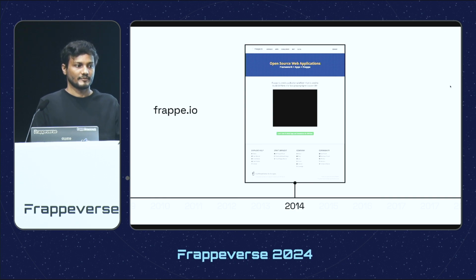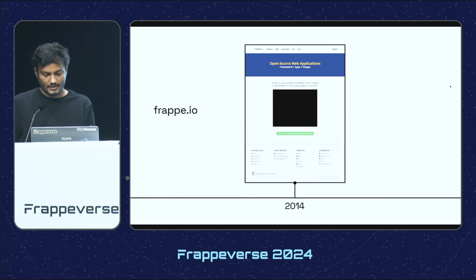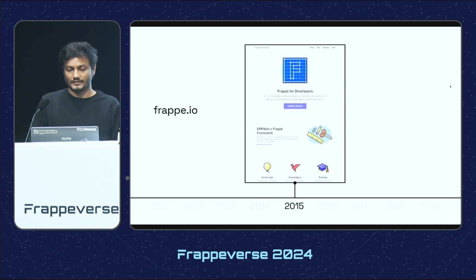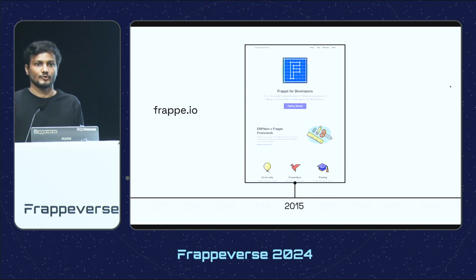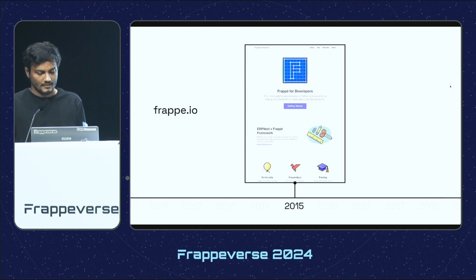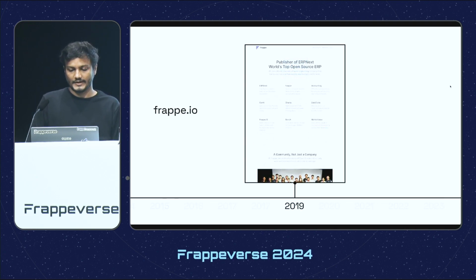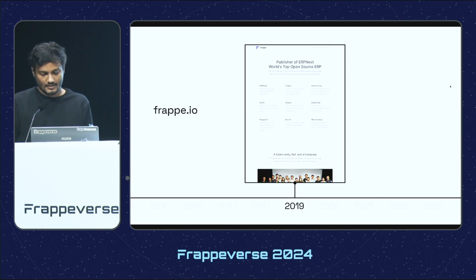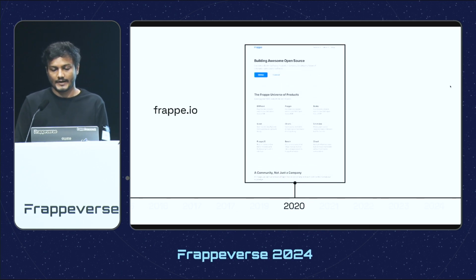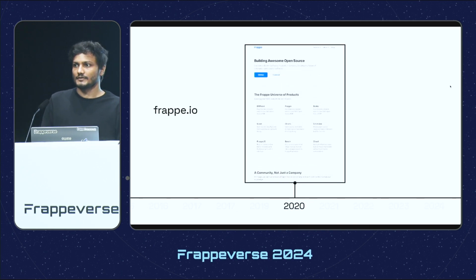So this is the first look of Frappe.io. Unfortunately, the middle part is missing because that was not archived. So in the next year, in 2015, we introduced illustrations. This was done by Studio March, which is behind the March T. So fast forward to 2019, the era of minimalism. Frappe.io was just stripped down to cards and photographs. And at this point, Frappe celebrated its 13th birthday.